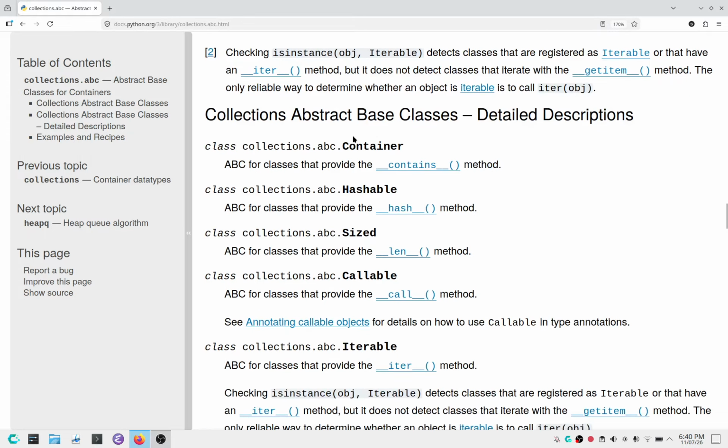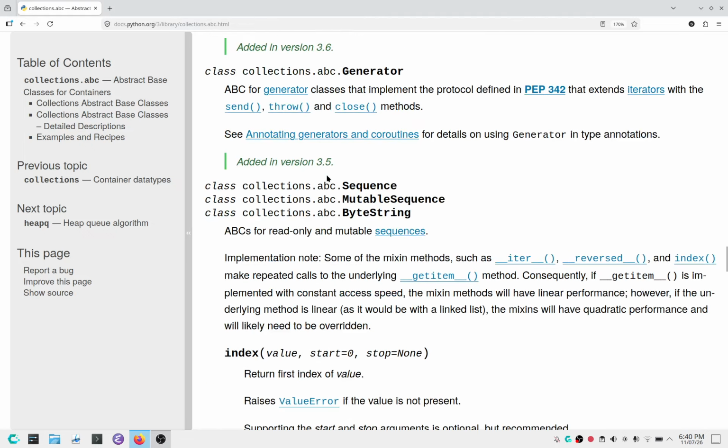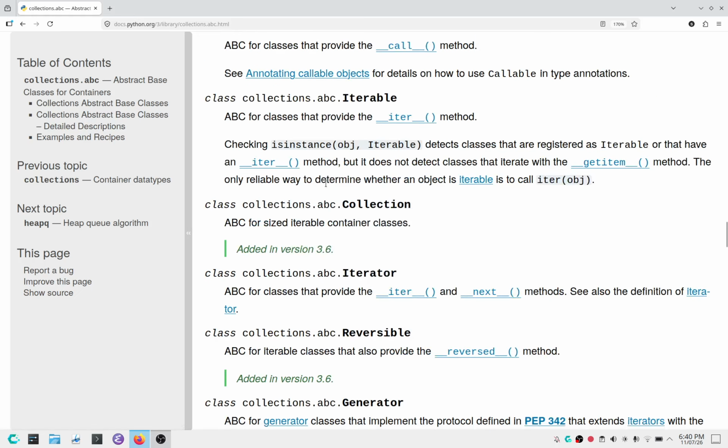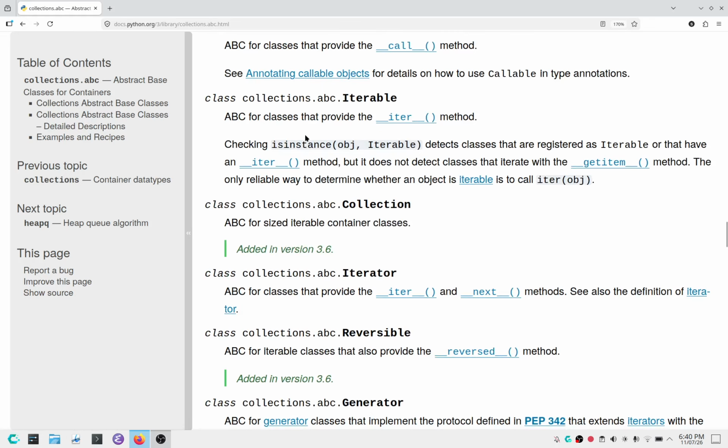So we have detailed descriptions. This you can study along with this table. Okay, so it is quite common. So we will read what is extra here. For example,